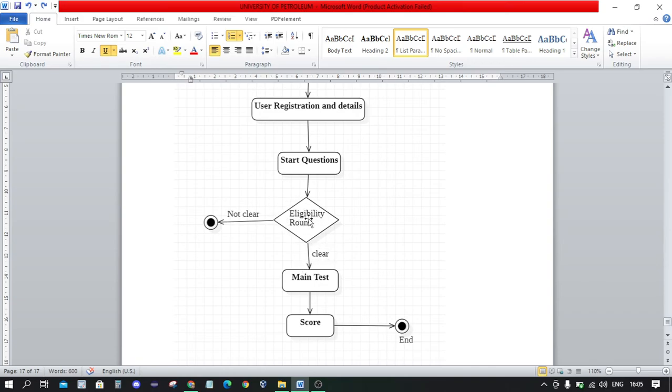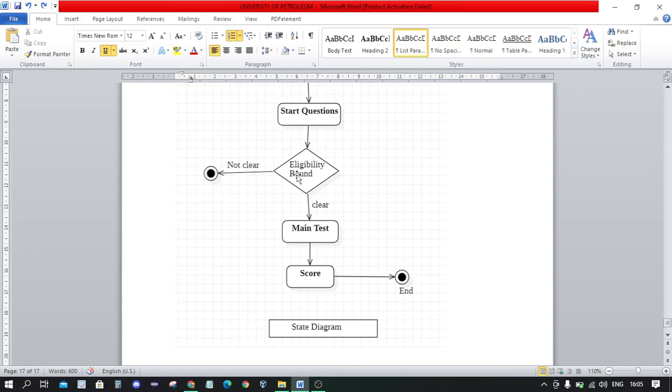But if he or she is not eligible, has scored fewer marks than needed, like the 50% we needed in order to qualify for the main test, and it is not cleared, it will end up here in the final state.